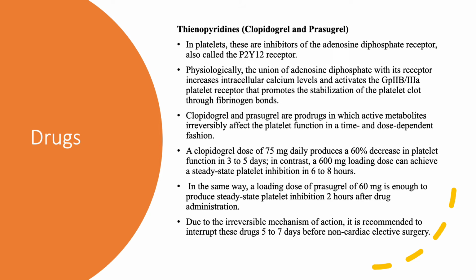Clopidogrel and prasugrel are prodrugs in which active metabolites irreversibly affect the platelet function in a time and dose dependent fashion. A clopidogrel dose of 75 mg daily produced a 60% decrease in platelet function in 3 to 5 days. In contrast, a 600 mg loading dose can achieve a steady state of platelet inhibition within 6 to 8 hours. In the same way, a loading dose of prasugrel of 60 mg is enough to produce steady state platelet inhibition 2